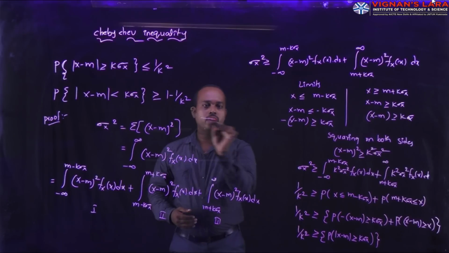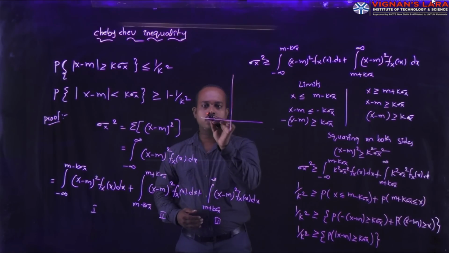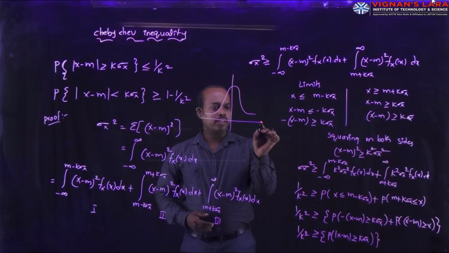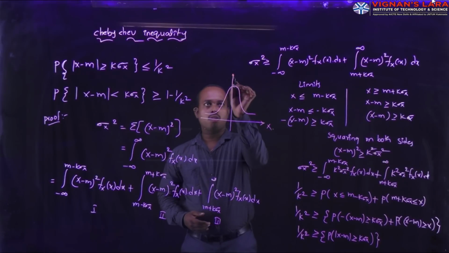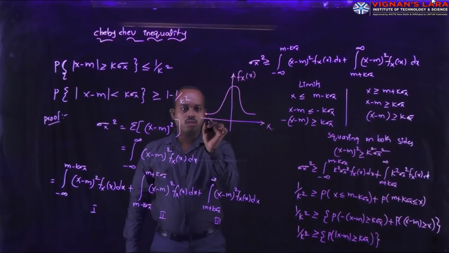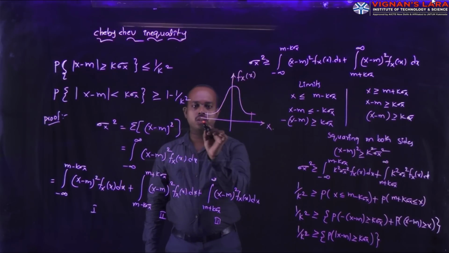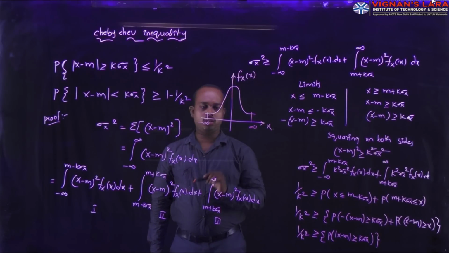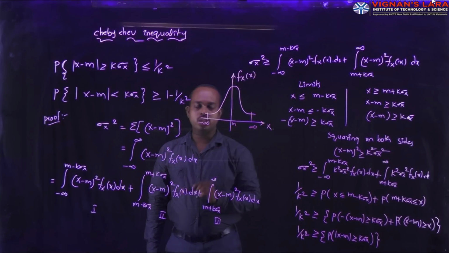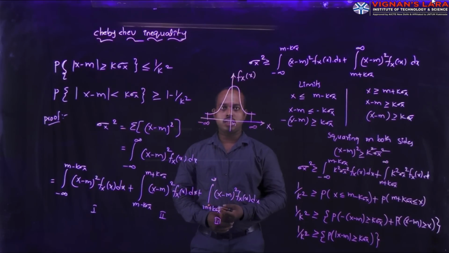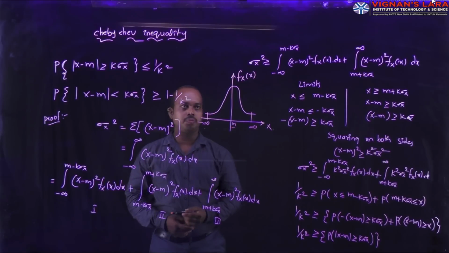Here I am writing once again the density function curve. This is a bell shaped curve. On the x-axis you take the random variable, and on the y-axis you take the density function, f_X(x). On the horizontal direction you represent the range of values, so minus infinity here, plus infinity here. At the mean value, the density function is at its maximum, as in a Gaussian function. That's why I am giving the mean representation m.